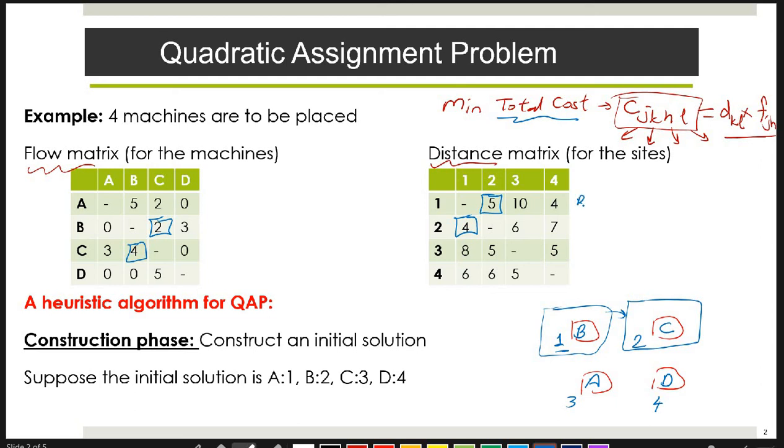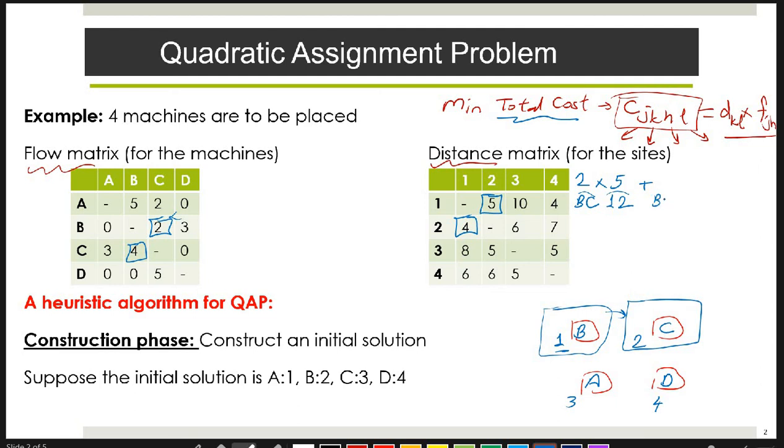B is located to 1, and I am calculating the flow between B and C, for which B is assigned to site 1 and C is assigned to 2. So the flow between B to C from the other table is 2, and the distance between 1 and 2 is 5, plus